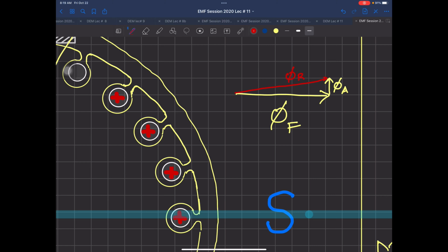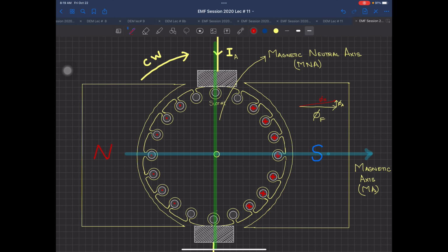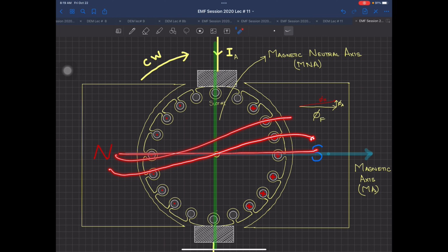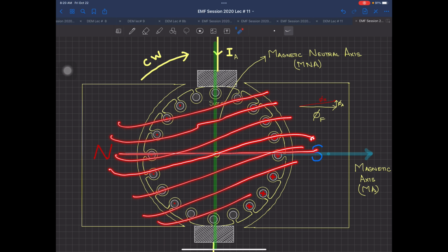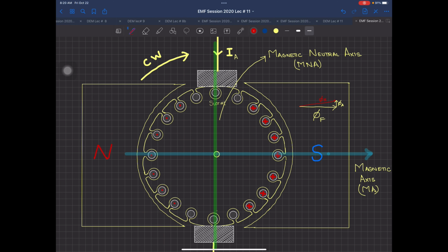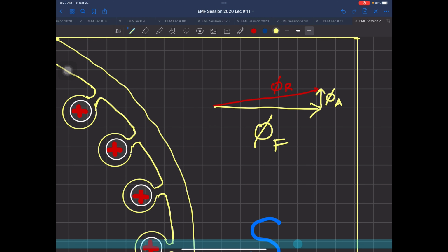So what is happening? Your actual magnetic field, instead of flowing in a straight line, will now be a little angled like this, because now there are two fields. You have now two magnets over there. Practically you only wanted phi F. But what is happening now? You have phi A, which is very small in quantity at no load. So you can see the shift in the magnetic field lines is going to be something over here. So this shift is going to take place. Now this shift will increase when your phi A current is going to increase.